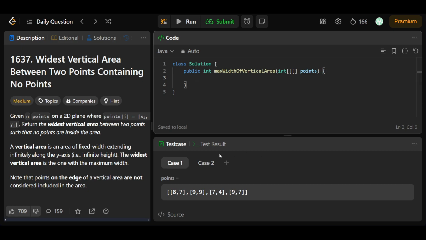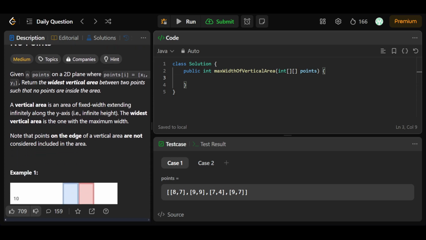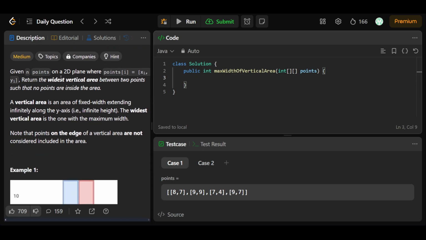Okay, so let's solve today's LeetCode daily question 1637, that is widest vertical area between 2 points containing no points. And in this we'll be given n points on a 2D plane where points[i] is represented as xi and yi coordinates, and we have to return the widest vertical area between 2 points such that no points are inside